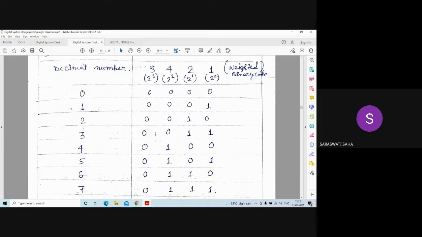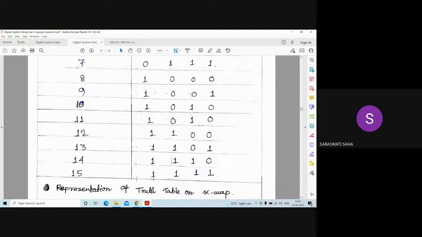Going towards the left, it will be 2 to the power 1, 2 to the power 2, 2 to the power 3, and so on. So the weights are 1, 2, 4, 8. In this way, we can remember the 8421 code